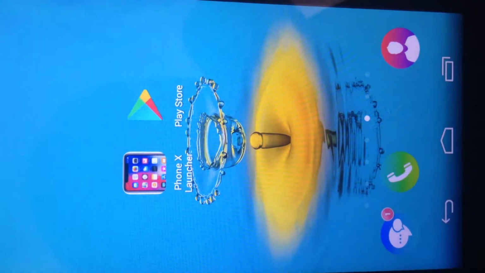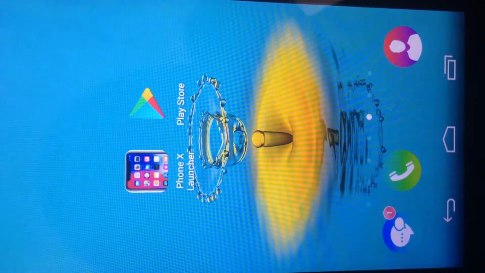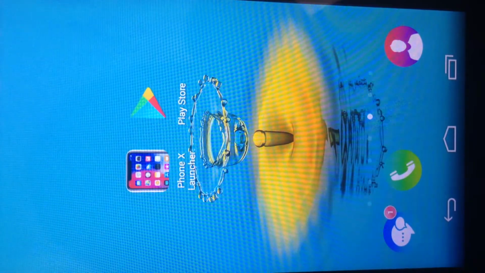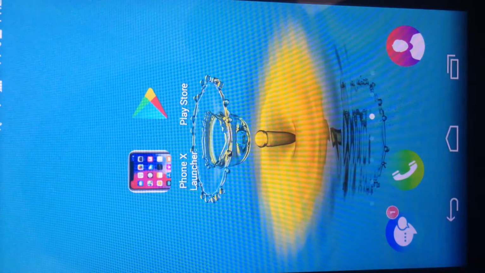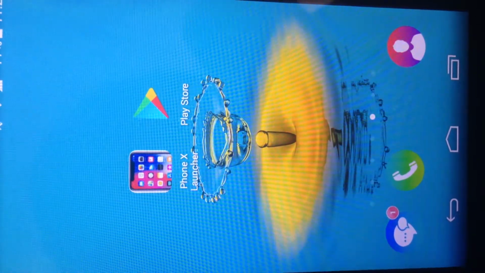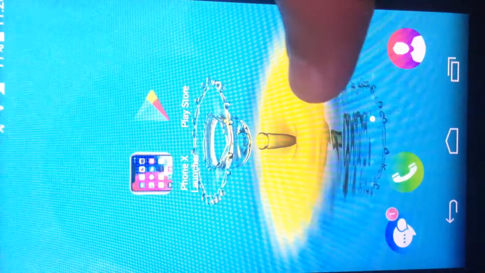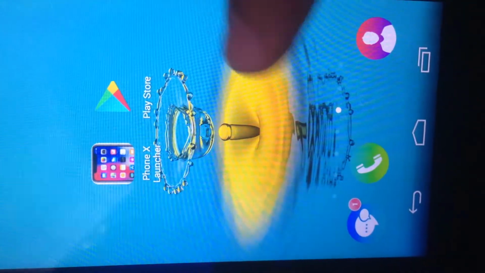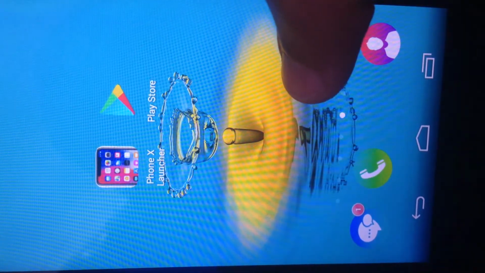Today I'm gonna be showing you how to turn your Android device into an iPhone, which seems a little bit awkward to be honest, because if you wanted an iPhone you could have bought one, not an Android. But sometimes you wanna impress your friends, if I could say that. So here I have a Wiko Ridge 4G, which is not an impressive smartphone, but here I am doing this